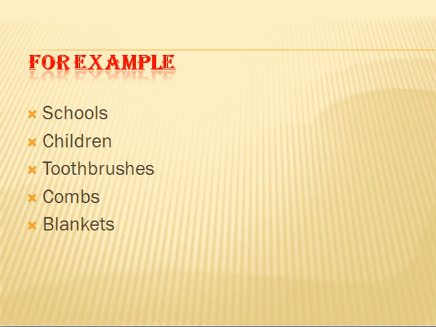Now two more examples are here that also have the same meaning, like combs and blankets. If we are talking about a comb, then it is a singular number, but here it is given combs. S is also written after comb. That refers that this comb is said to be plural number because it has more than one quantity. Now blankets. Blanket is also the example of plural number.